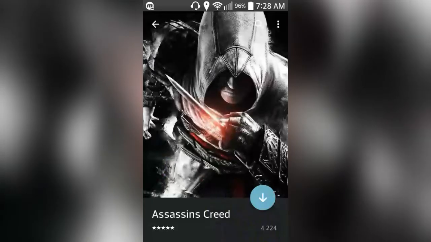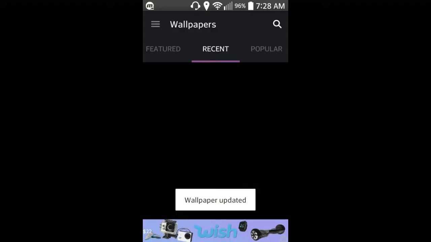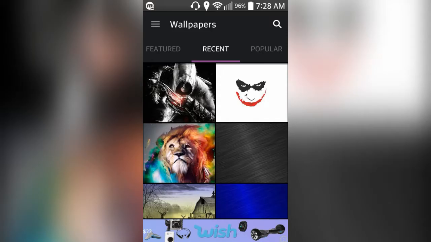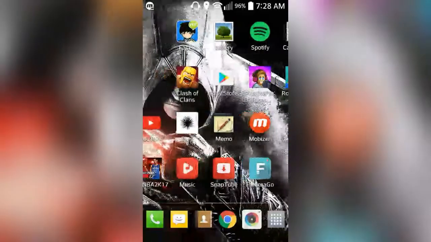If you want one as a background, go to the wallpaper and tap on it. Press the little arrow to download it. And by the way, it's just saved to your phone, not the app. So if you delete the app, you still got the wallpaper. Then you click on set. And now there you go, we got a new wallpaper. If any pop-up ads pop up, that's how they move. But this is my wallpaper. See that? We got it now.